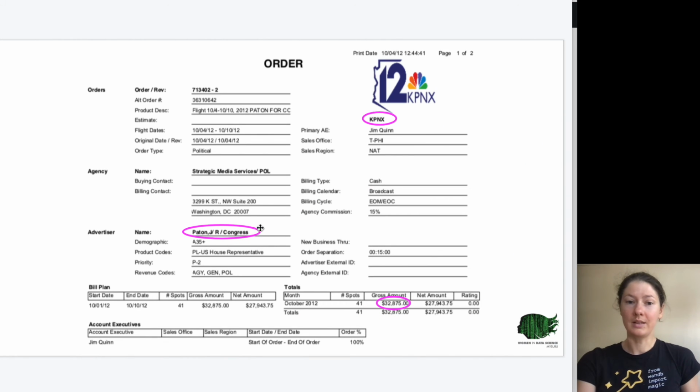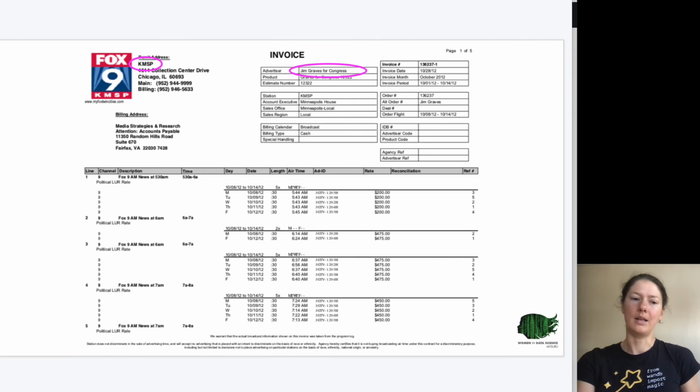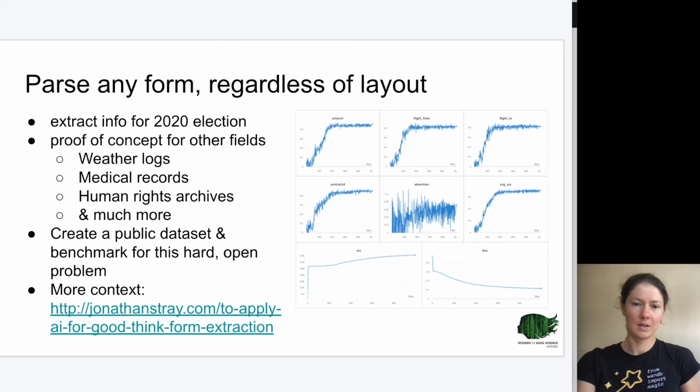So one might look like this, with the advertiser here and the channel here and the total amount here, but then another form might look like this, and then another one might look like this. And so we wanted to build a general parser for any form, regardless of layout, starting with the 2020 election,